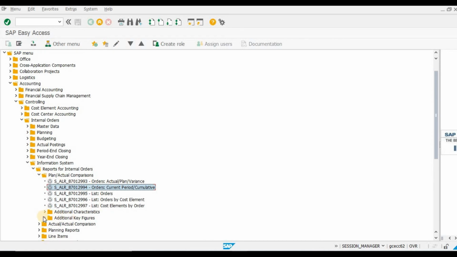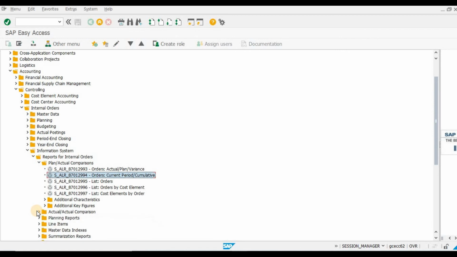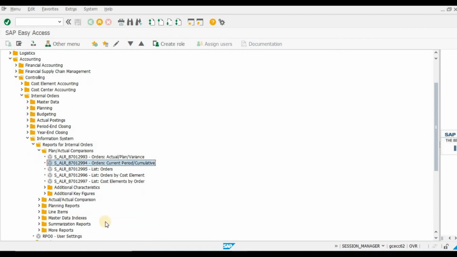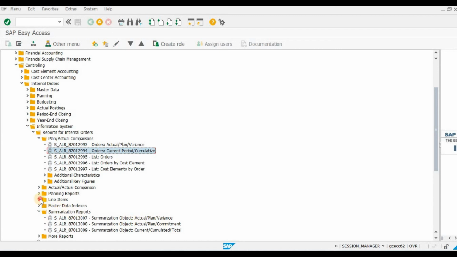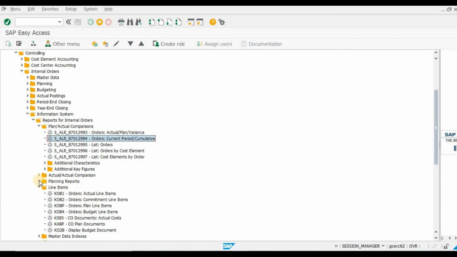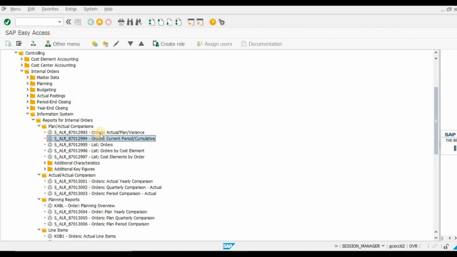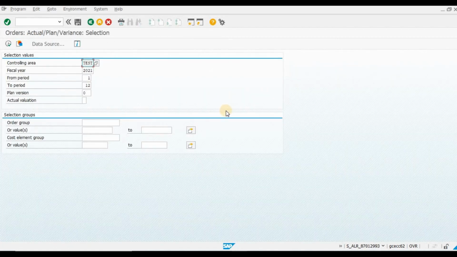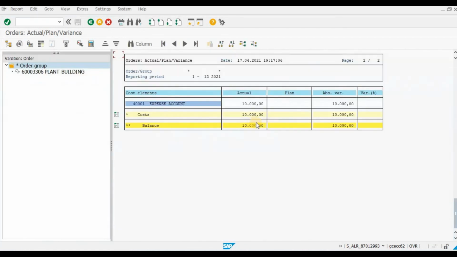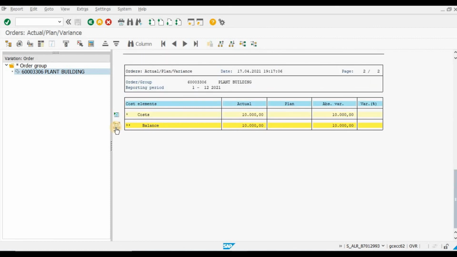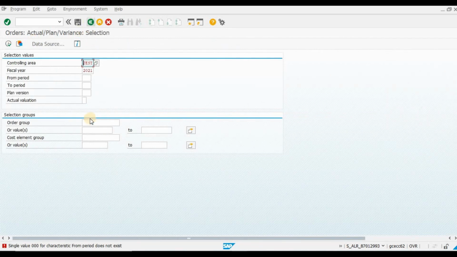Why is plan not coming? This is actual to actual comparison, actual plan variance. Don't know why plan is not coming.